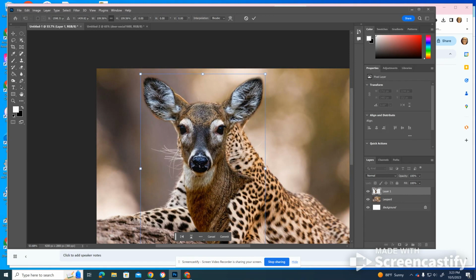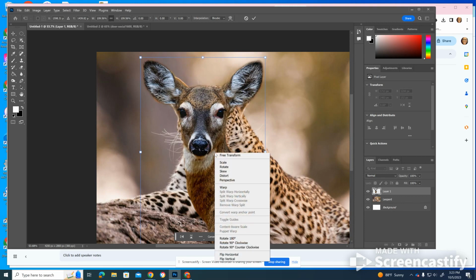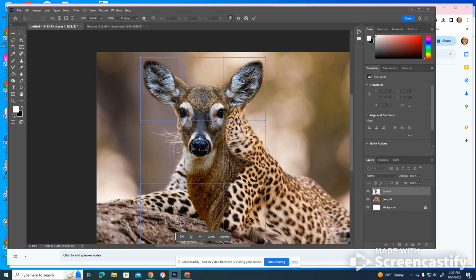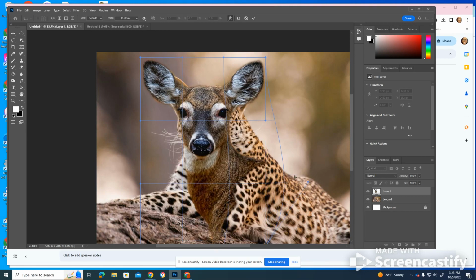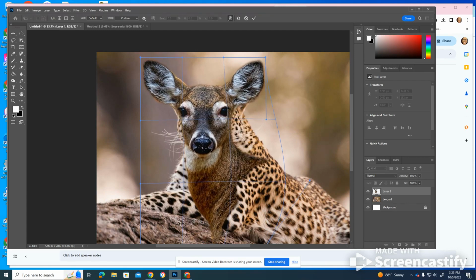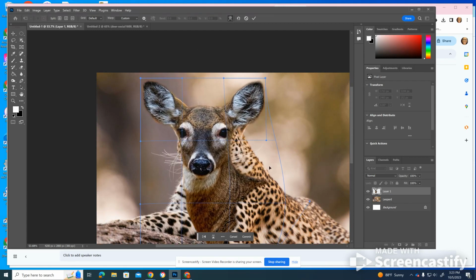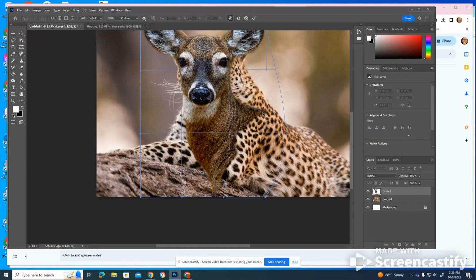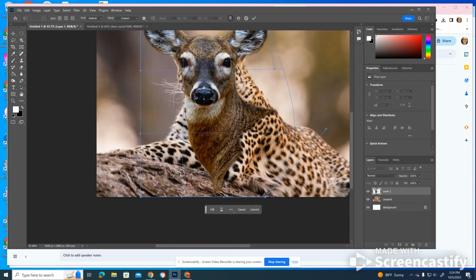Now I've got to do a couple things. Number one, I'm going to warp this deer's neck to be just a little bit larger, but I'm also going to be clone stamping a little bit of the back of this leopard out to try to get rid of a little bit of that leopard. So when I'm in Control T, I'm going to hit right click and press warp. That's going to allow me to move and manipulate, but I don't want to do so much that I start to warp the deer's face too much. But what I can do is just start to widen it a little bit